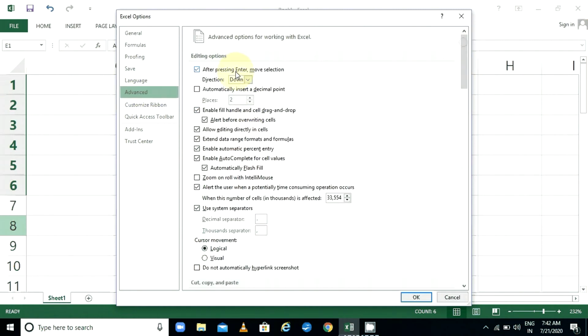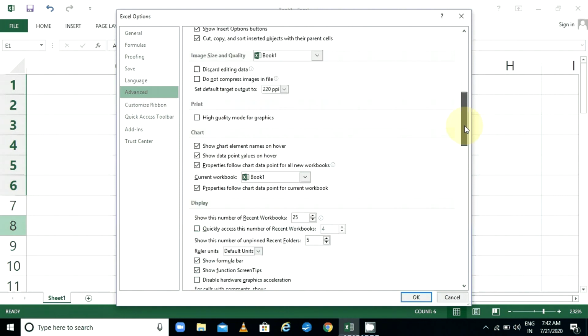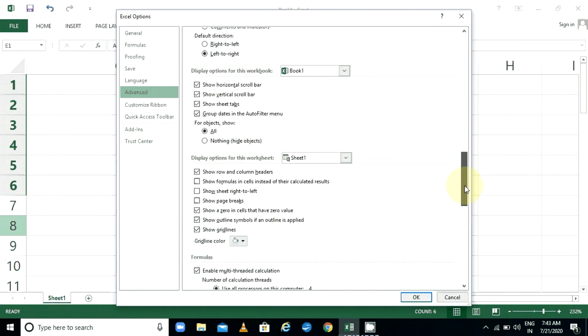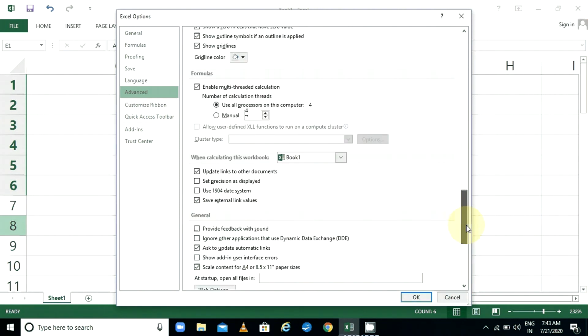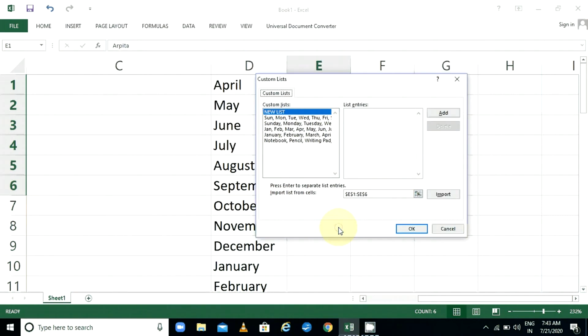Drag it down until you get General. Under General, at last you will see create list for use in sorts and fill sequences. Here you have to click on Edit Custom Lists.